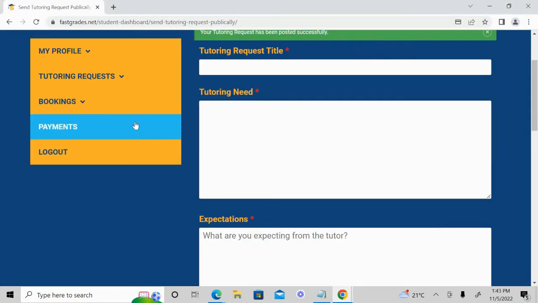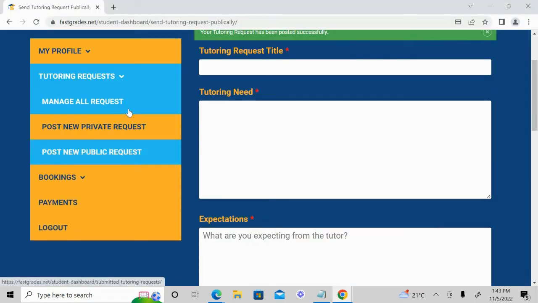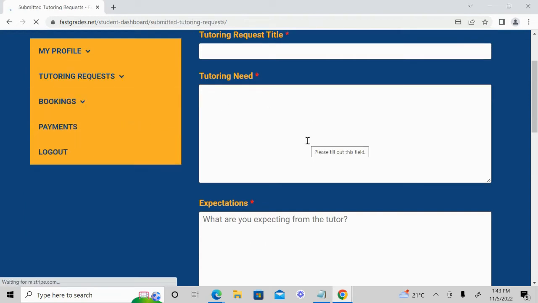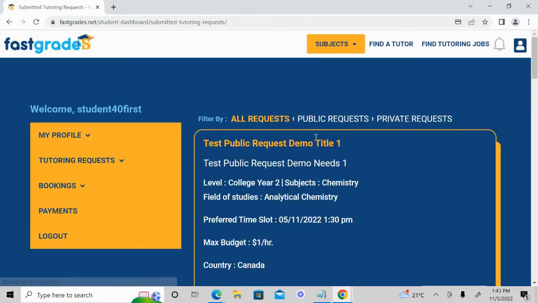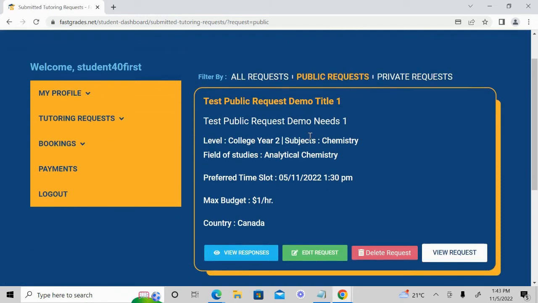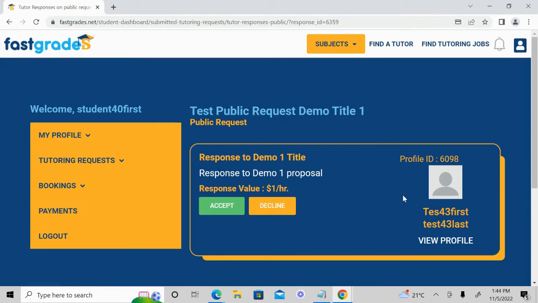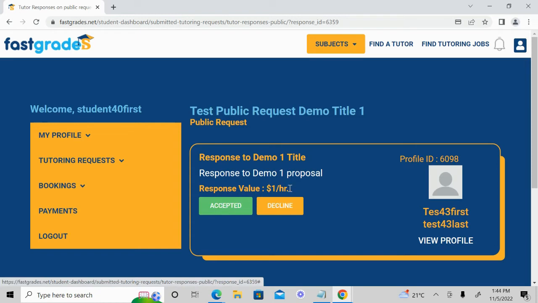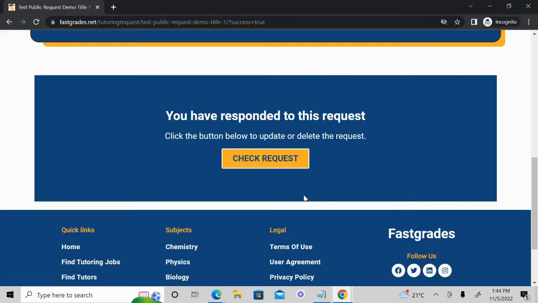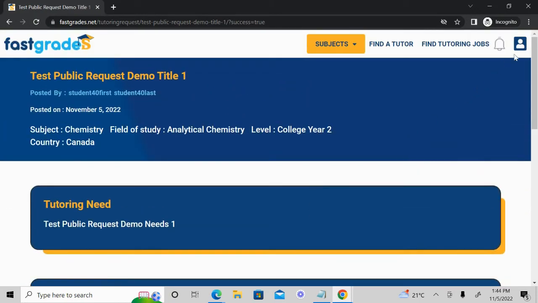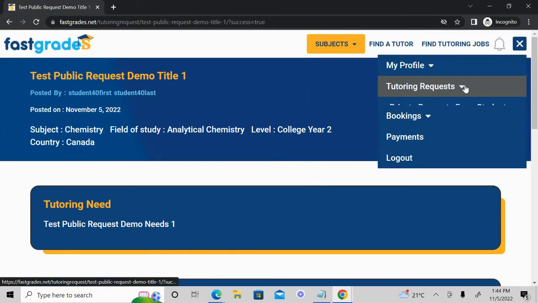And then we check the requests as well. Now the student, from this point of view, will see all the different types of responses that have come from the tutors. For example, under public requests they'll see all the different responses that have been submitted back from the tutors. They'll view the responses and all the details. They can pick one. They'll see the profile of the tutor. They can click accept. Once they've accepted, the tutor will come back and see that the response has been accepted by